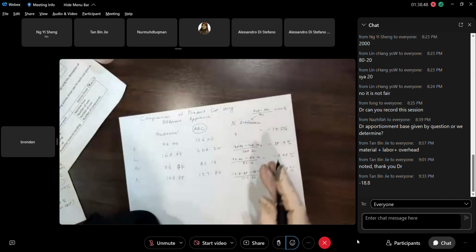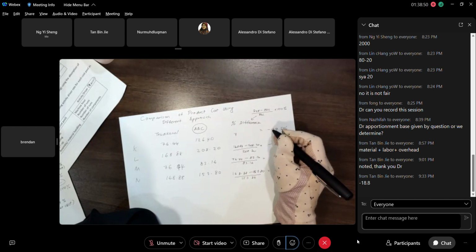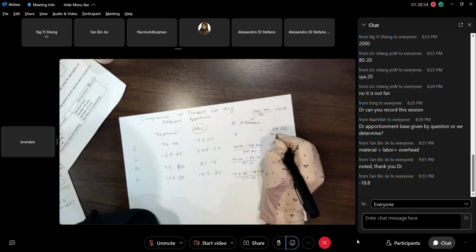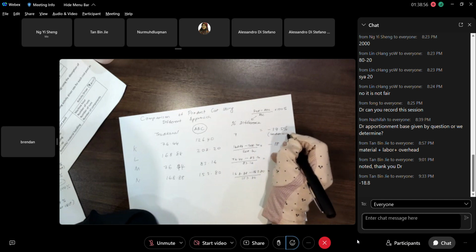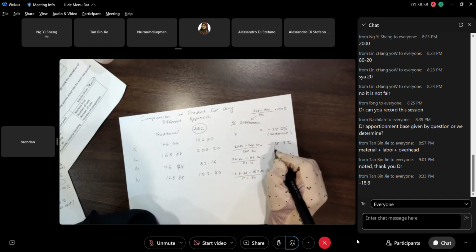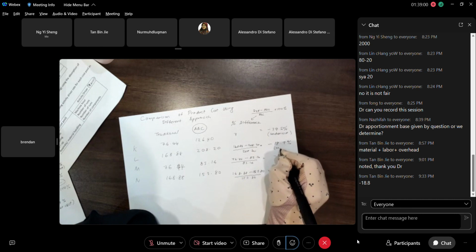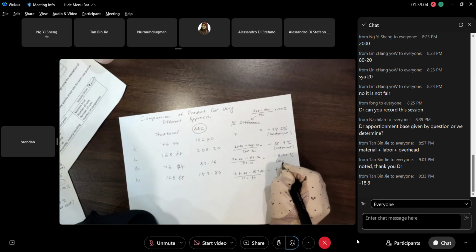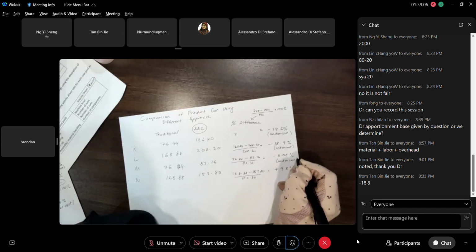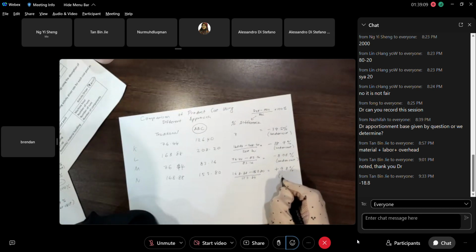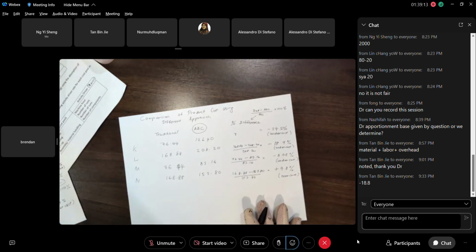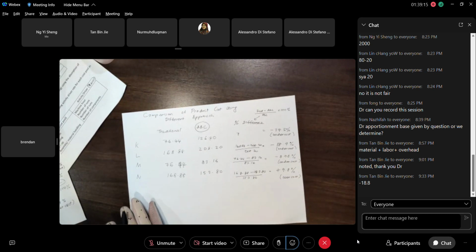So now you can see for K it is negative. That means it is under cost. Okay, 18 negative juga, it is under cost. Okay, here is also under cost. And this one is over cost. Okay, what is the meaning? When I put it as under cost and over cost.